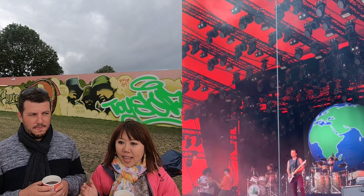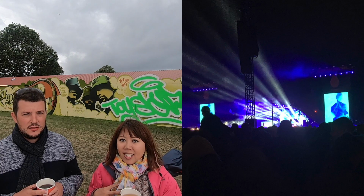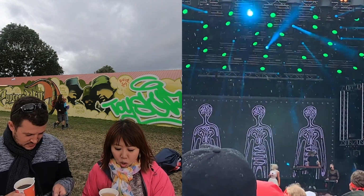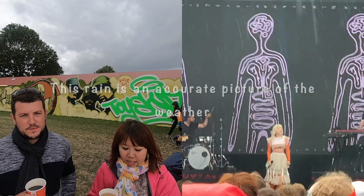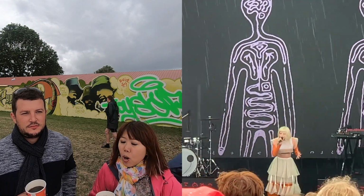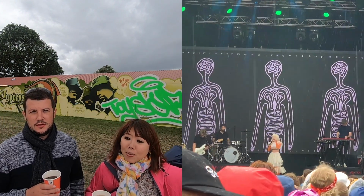But the music has been, I think the music is great because I've already discovered 2 bands that I had not heard, and they were called Rolling Blackouts Coastal Fever. And then we also saw an Irish band called Fontaines DC. Both were amazing. Would never have known about it other than the fact that we were listening to Bob Dylan